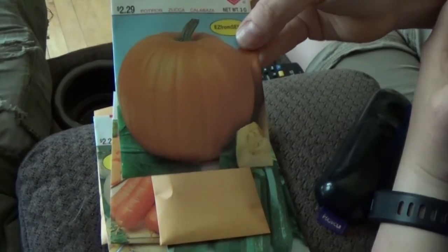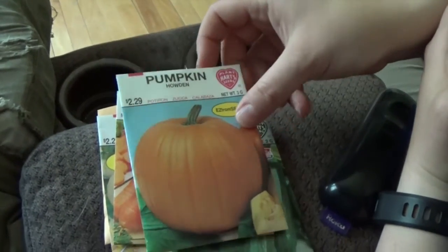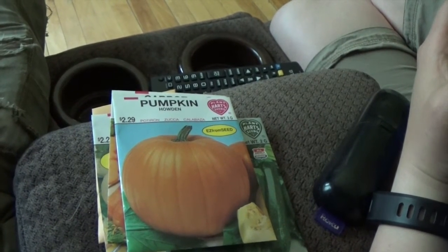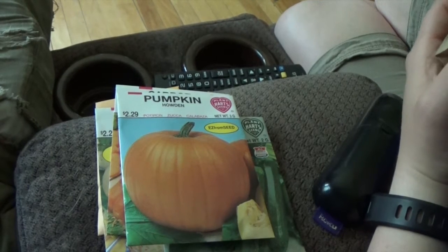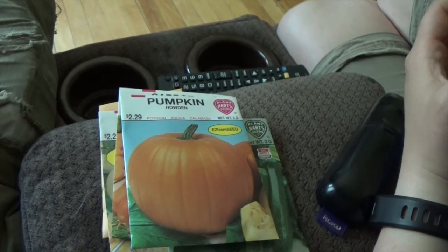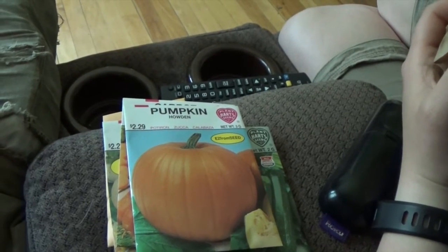Are you going to try your hand at pumpkins this year? Yeah, last year we tried pumpkins and I didn't get anything to happen, but this year I think it'll be better. One year we got them probably about the size of golf balls. Yeah, they didn't really do too well. Or a baseball. Yeah, probably about baseball size, but...